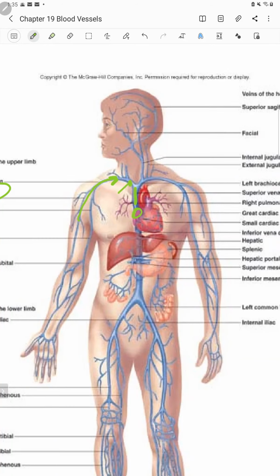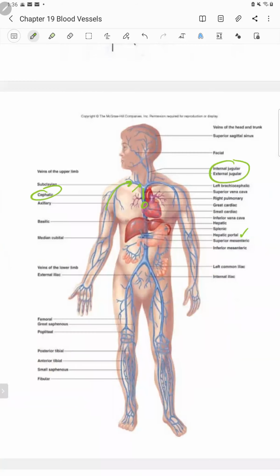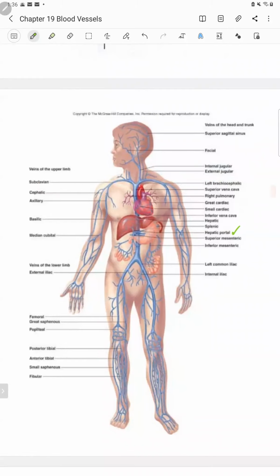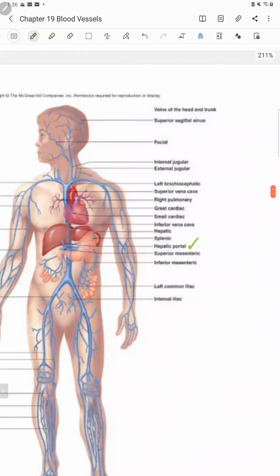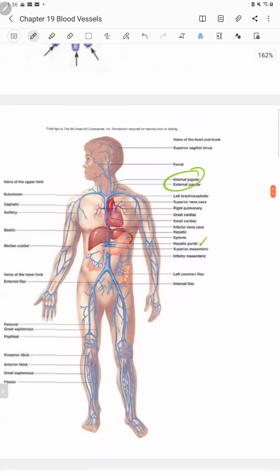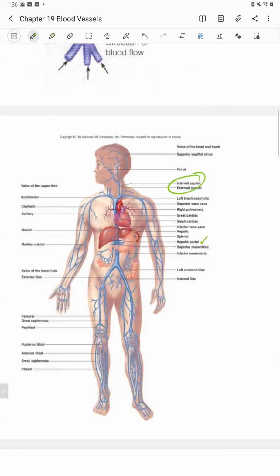Now coming down from the head, you've got the internal and external jugular. And those eventually drain into the brachiocephalic vein, which then drains into the superior vena cava and into the right atrium. Now that's going to be an important one clinically as well, meaning the jugulars, because if a person is having, let's say, pulmonary hypertension,